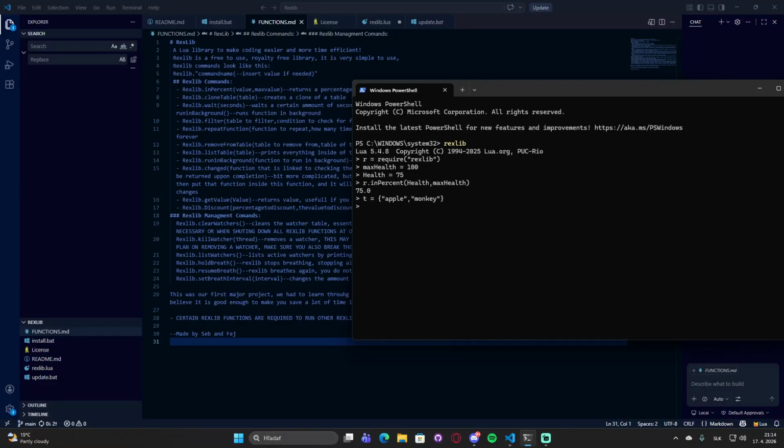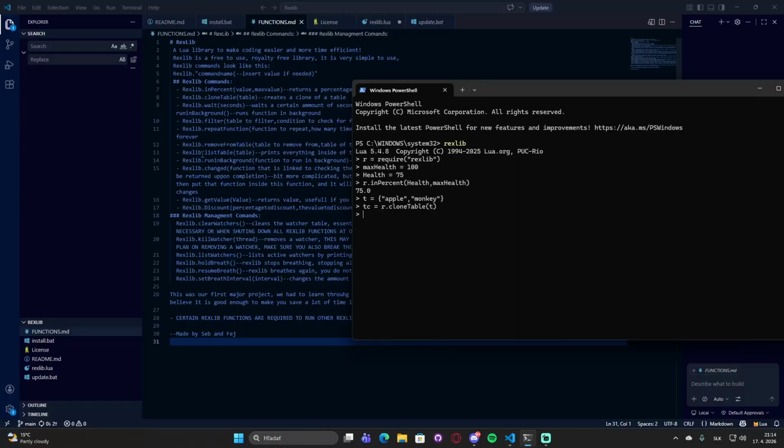You would have to use a for loop to go through it. But in Rexlib we just do r.clone table, or let's just do tc, which means clone table, is equal to r.clone table. We choose the table we want to clone, which is t, and we could just do for i, v, and list everything,